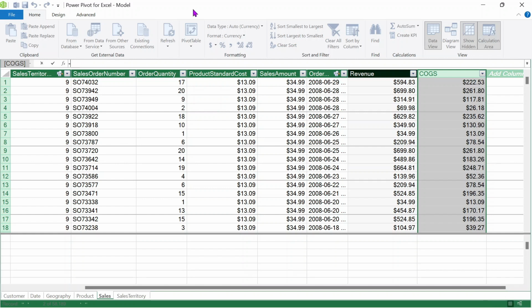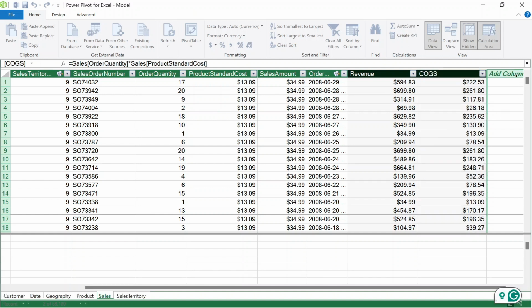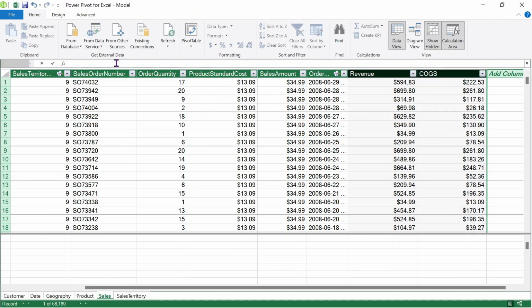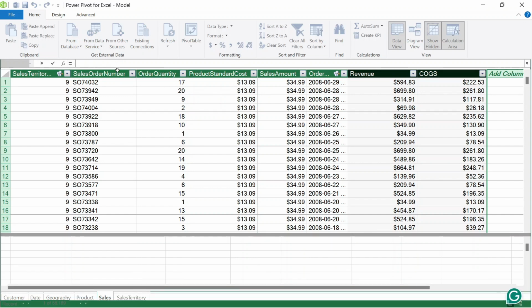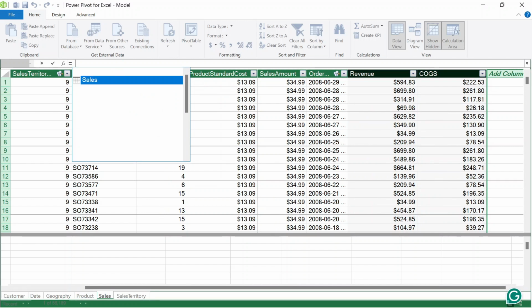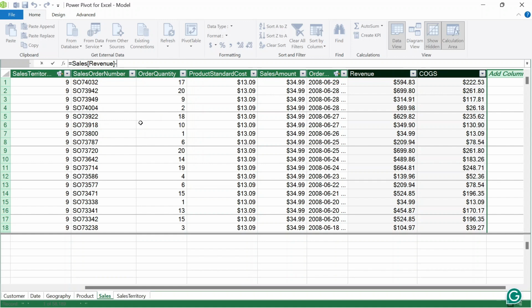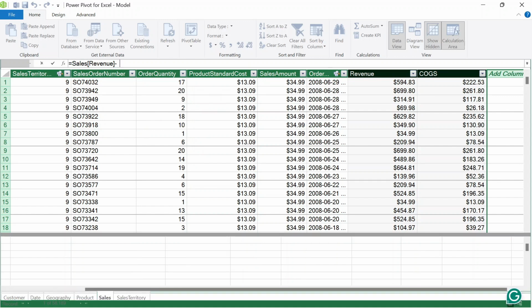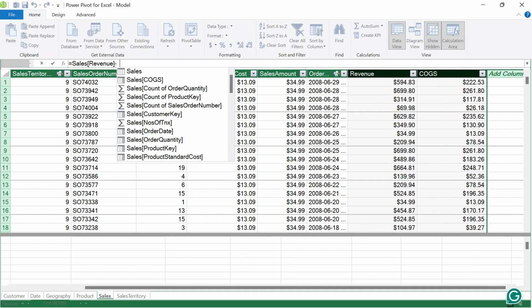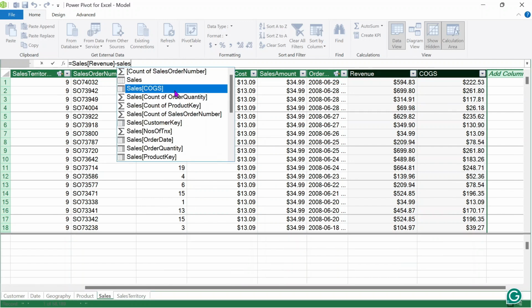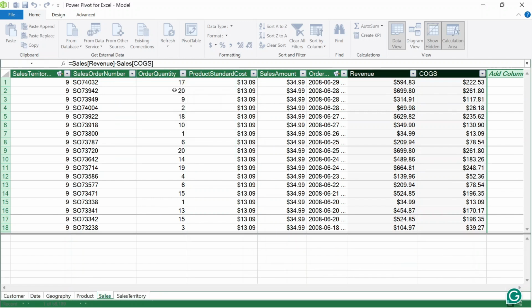Okay, I have probably made a mistake. Let's write it again. We have to select here and start writing equals to sales revenue. Let's select where the revenue is, press tab, then minus, then sales, and then cost of goods sold. Okay, now if I just press enter,